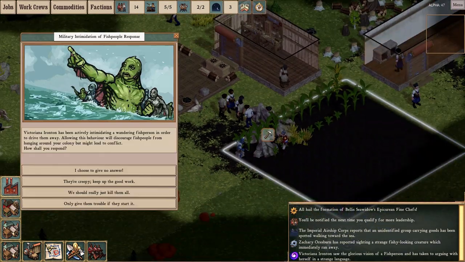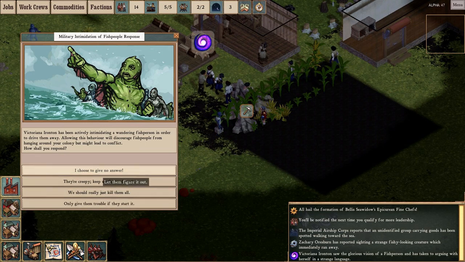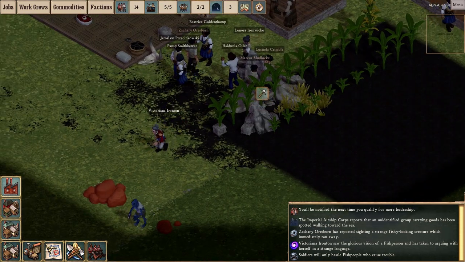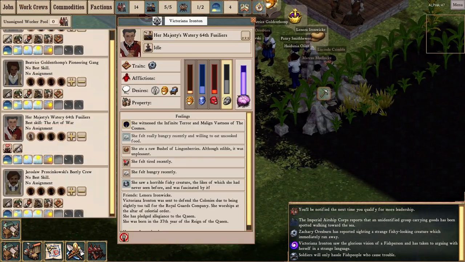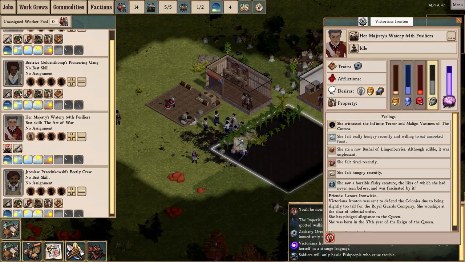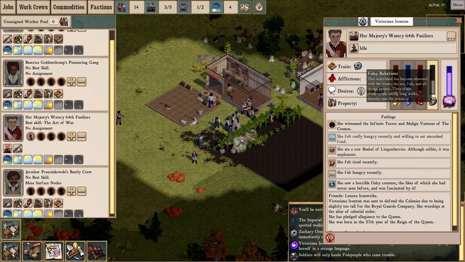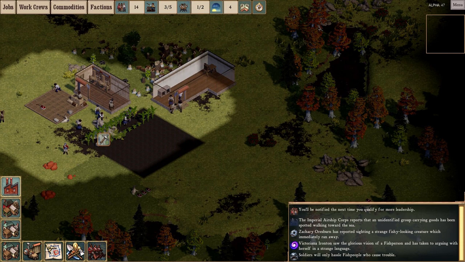Now, questions come up as to the fish people intimidation policy. I'm going to be very lenient with them. Only give them trouble if they start it. And that's, as you may recall from the previous episode, our military overseer, whose name I cannot remember, Victoria Ironton. She has the fishy behavior trait, and I apologize for never having caught this